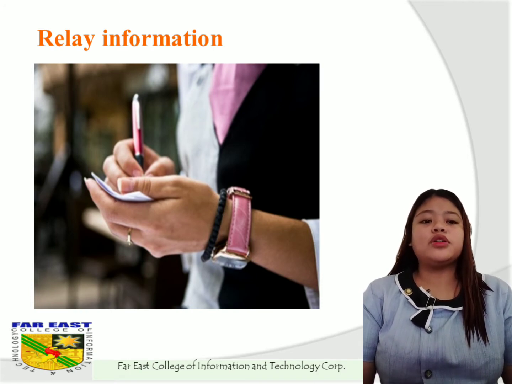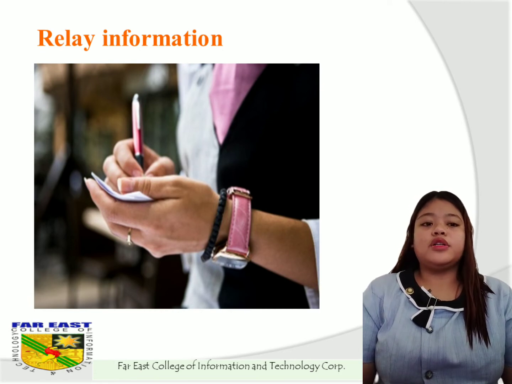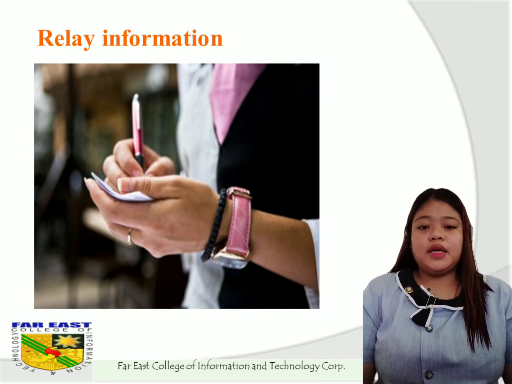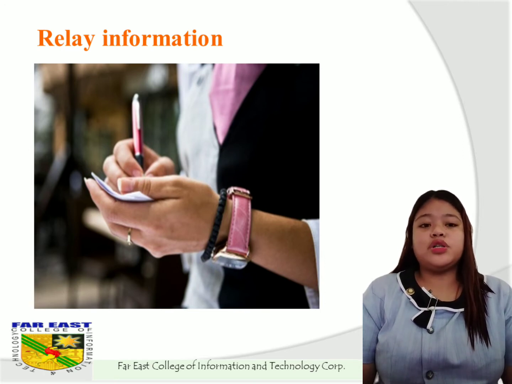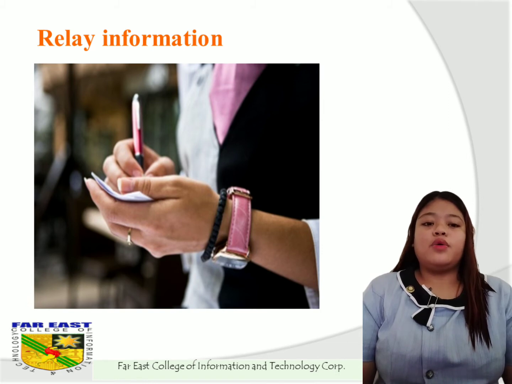So, information to be relayed. Let's start with the general food orders. This may be given by the guest or waiter. The information may include the table number, so we need to consider the table number of guests, how many packs, dishes ordered, number of waiter, and your name. That is very important.